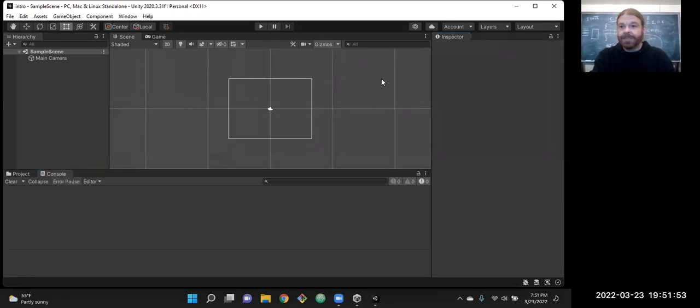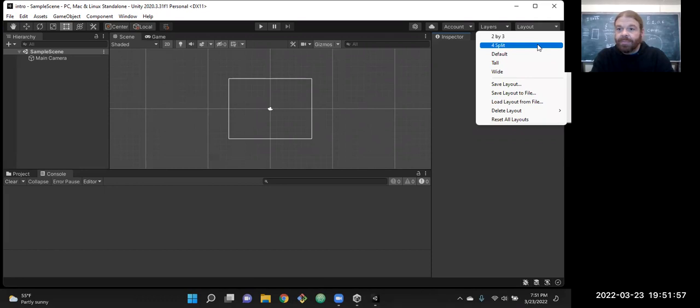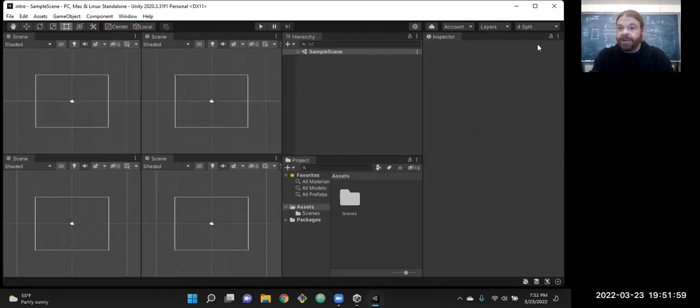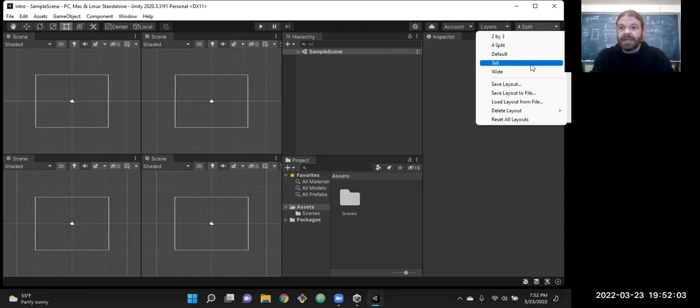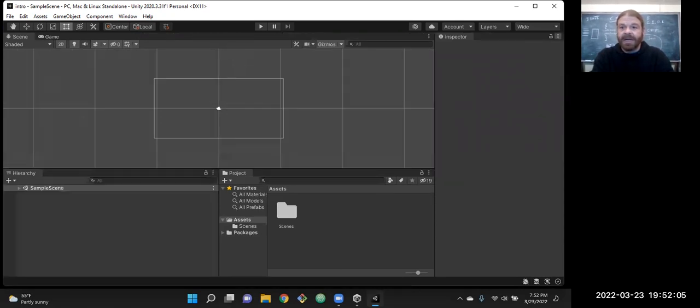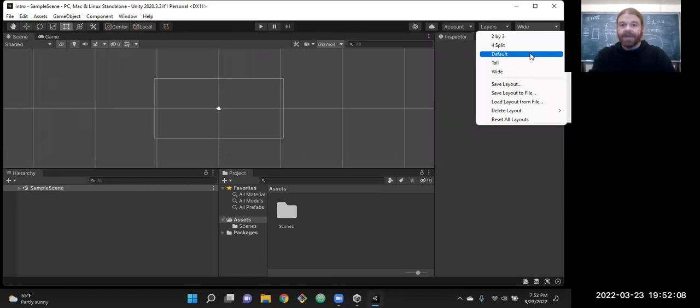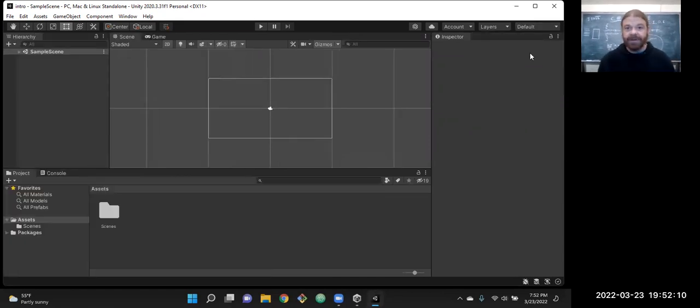Maybe stick it over here. There are different setups. Over here on the right, there are some pre-built defaults, some common setups for how we look at things. Widescreen, or I'll just go back to default. I'll just leave it in the default. That's something you're going to click and mess around with this weekend. The first thing to do is see if you can find a format that you like to work with.